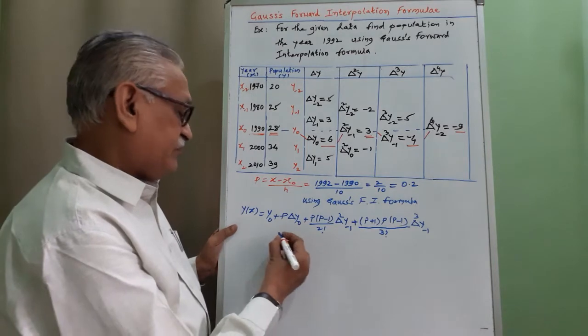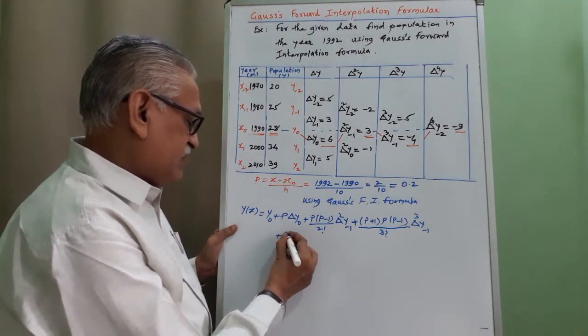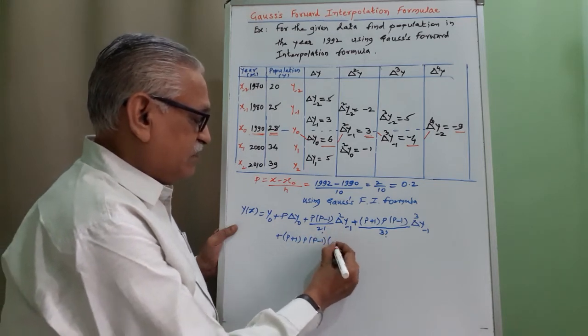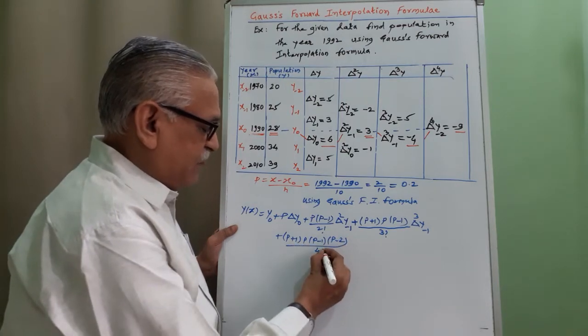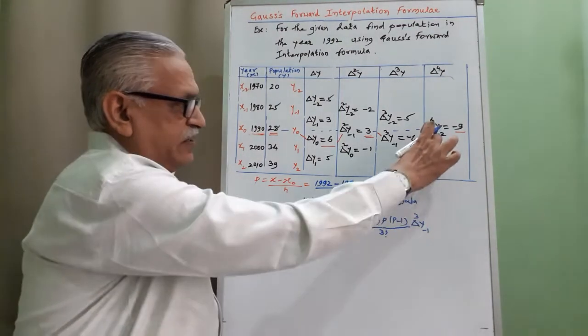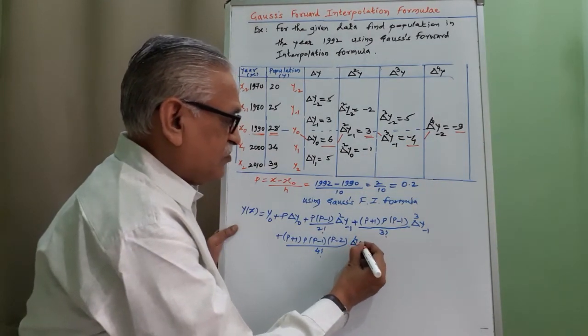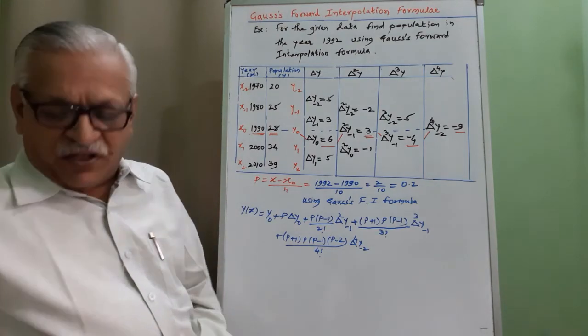Next one is p plus 1, p, p minus 1, p minus 2 divided by 4 factorial into this value, that is del raised to 4 y minus 2, and then substituting the values